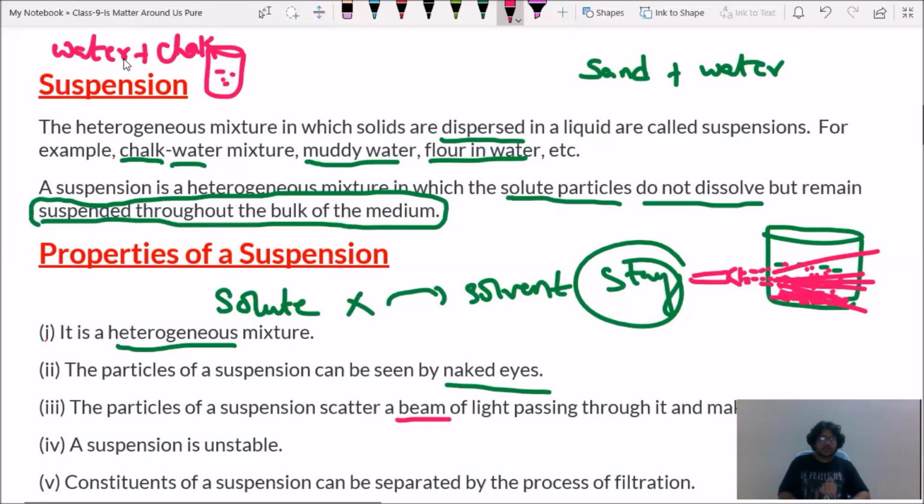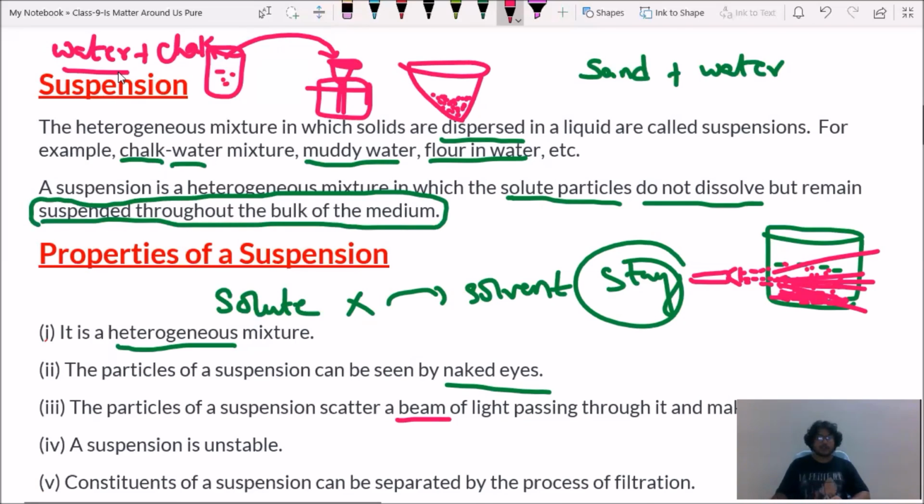Try to stir it. Even if you stir it, the chalk powder will not dissolve in that water. Now take another beaker, arrange one funnel in it, keep filter paper on it, and try to transfer the solution into that. You can observe that all the chalk particles, the chalk powder, will appear on the filter paper. So we can separate those particles just by the process of filtration. These are the properties of a suspension or suspension solution.